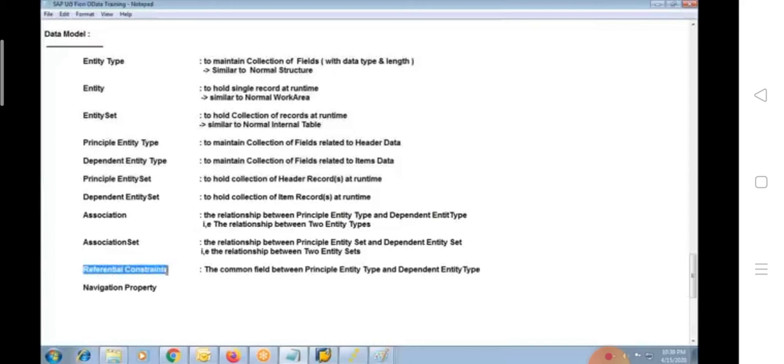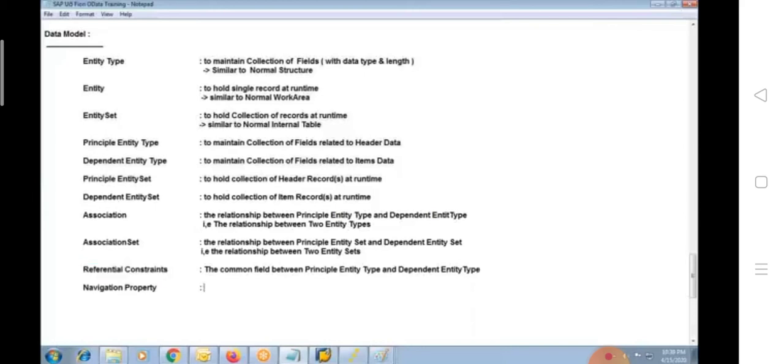So referential constraint is also one of the options. We have to use it in order to maintain a common field. There should be a common field between header and items. So a common field exists between principal entity type and dependent entity type. That common field at OData level, we call as referential constraint.